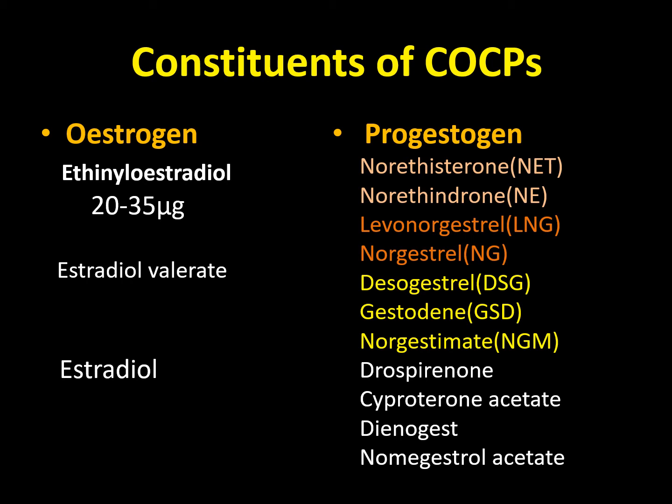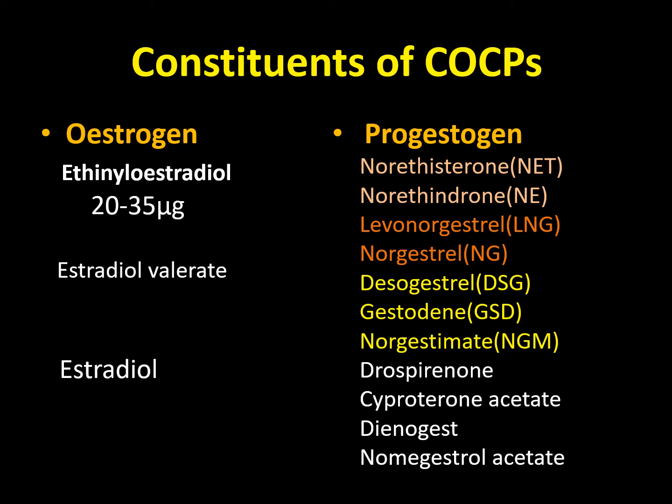And the risks have been reduced by the development of combined pills with lower doses of estrogen and the modification of progestogens. Estrogen is mainly ethinyl estradiol in most of the pills,